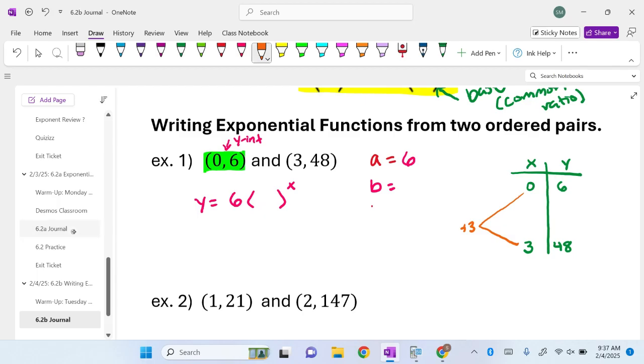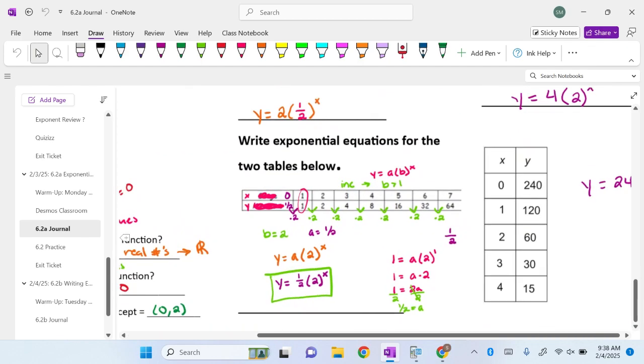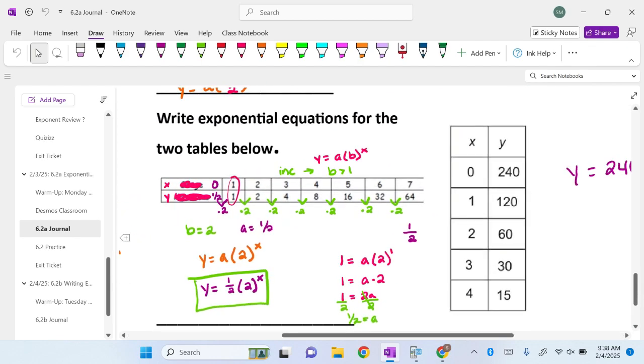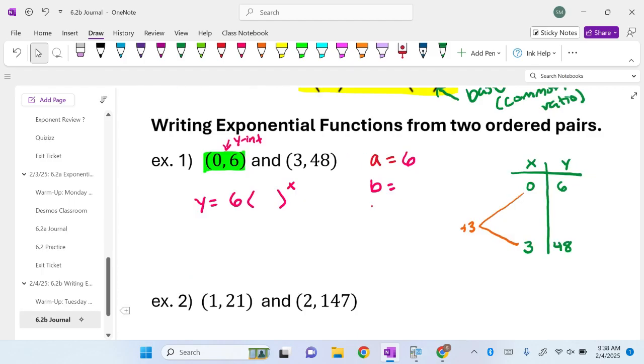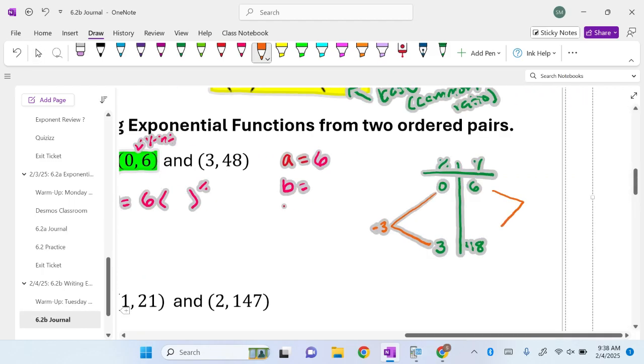So if we look at the previous tables from yesterday, so like these two, look at the x values specifically. What are the x values doing? They're going up by 1. Now that's very important. If they are not going up by 1, you have an extra step when you're trying to find your base. All right, because our next instinct here would be to find what number we can multiply